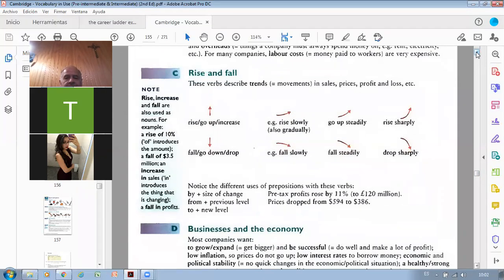The tendency, okay? So these verbs describe the tendency or the movements in sales, in prices, in profits, and in losses, right? For example, one thing can rise, go up, or increase. Or in the opposite, things can fall, can go down, or can drop. Those are the verbs that you use in order to talk about, for example,